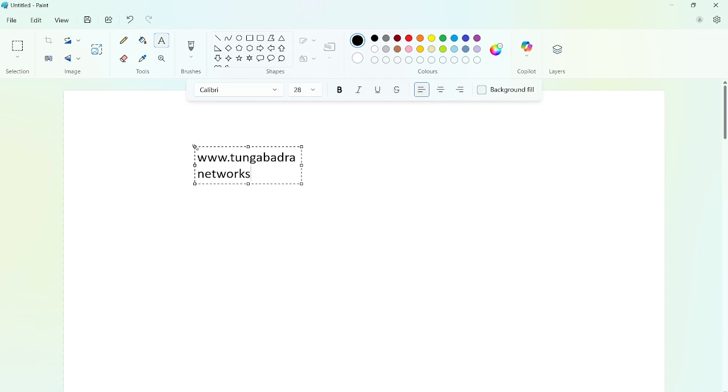Which step will it execute first? The first thing that happens is it will resolve the IP address for Tungabhadra Networks, whatever website I am going to browse, via DNS. After resolving the DNS, it goes to the second step.